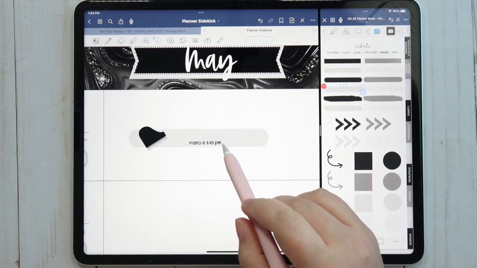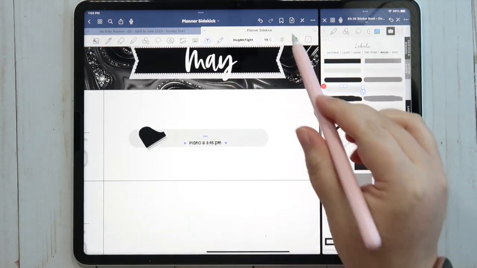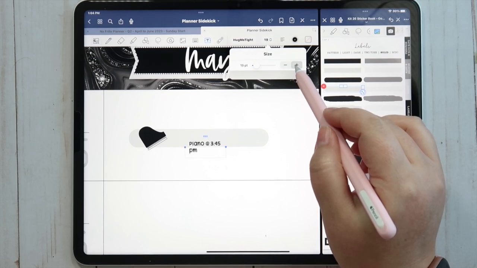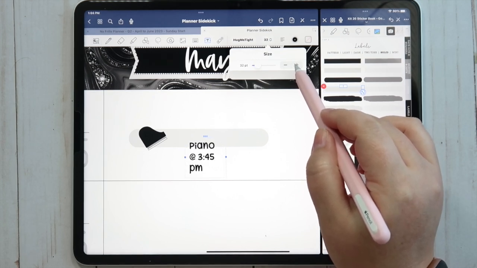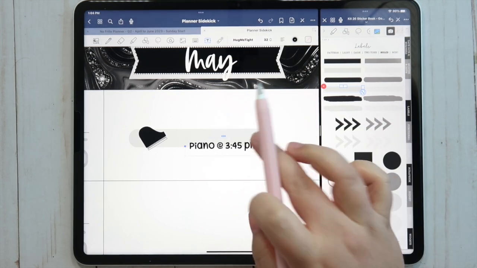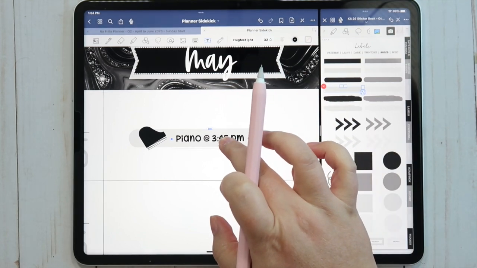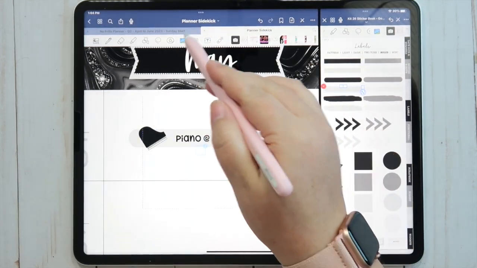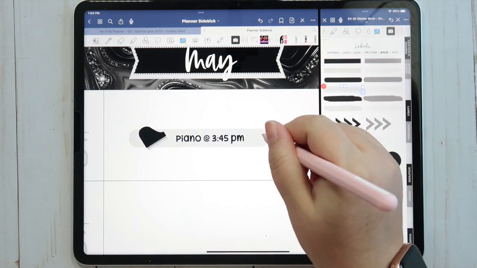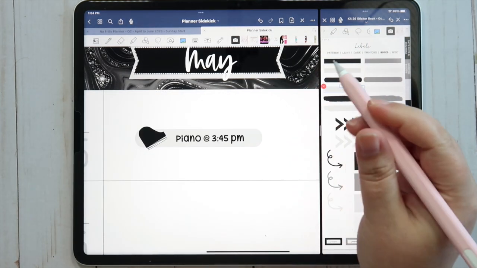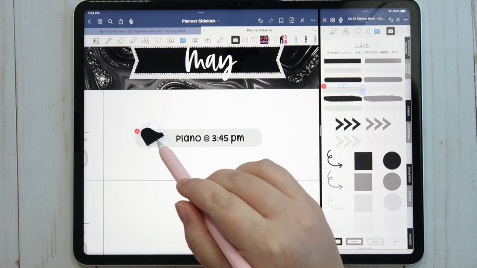And then I'll come in here and make that bigger. And then I can use the photo tool to squish that in a little bit.